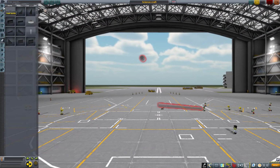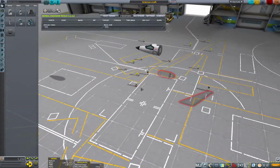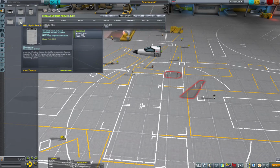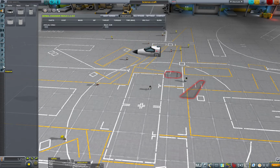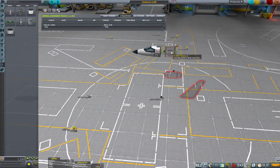Scrap that, and let's go with a Mark 1 cockpit this time. And I want, let's see, no structural. I do use this fuel tank as a gap filler. I want a bit longer aircraft. Or should I? No, I don't. I go straight to science, and let's use this